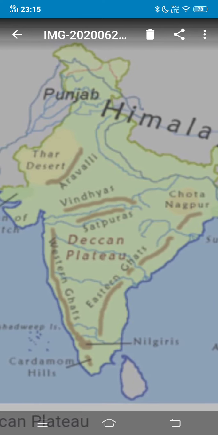Now, children, this plateau region is very rich in minerals. Like you see, Panna diamond mine, which is located in Madhya Pradesh. We have many iron ore and steel plants in our Bihar, Jharkhand, Chhattisgarh region. We have Kolar gold mine in Karnataka. We also get manganese, mica, many minerals. What are their uses and where they are found? We will study in the minerals chapter in your next semester, and I hope this chapter is clear to you,